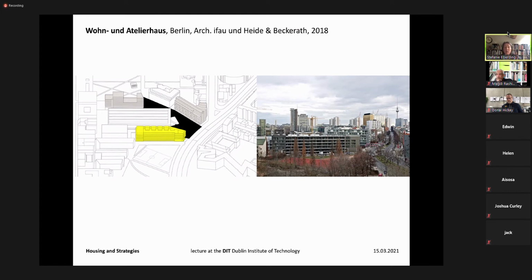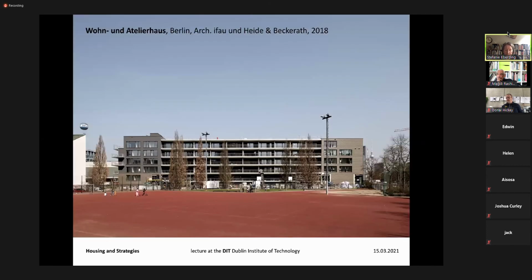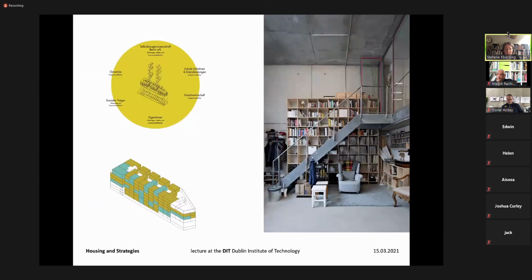It's a 100-meter long structure sitting close to the Libeskind Museum in Berlin. And it has a really interesting interior structure. You can see the outside, and you can see that the ends are different from the middle part of the building. And you can see in that drawing what things are